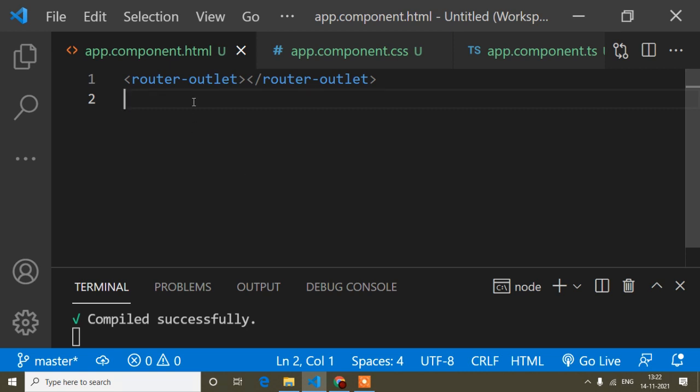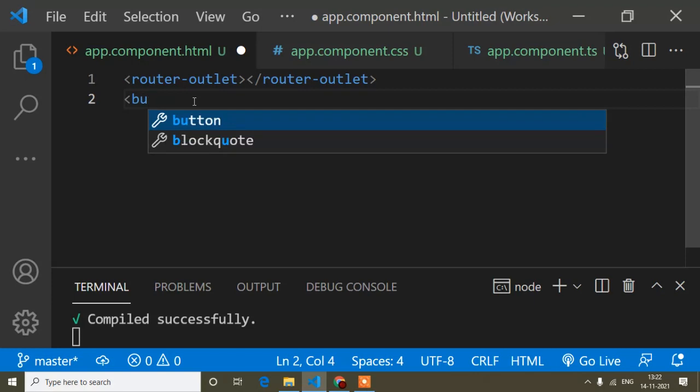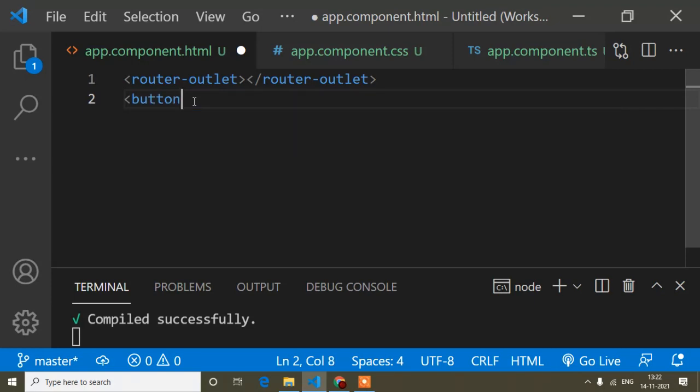So guys, first of all I will create a button. Actually he told me to make a menu toggle bar. Here I will not create a menu. You can just create the menu using HTML and CSS. Here I will show you how you can write the functionality for the toggle.